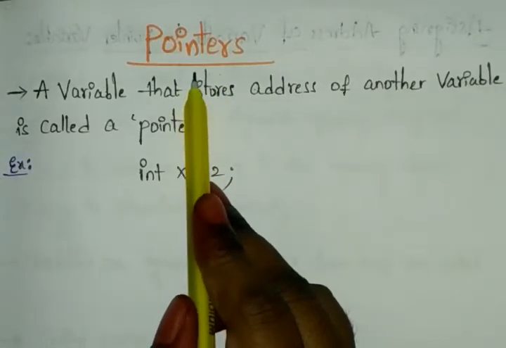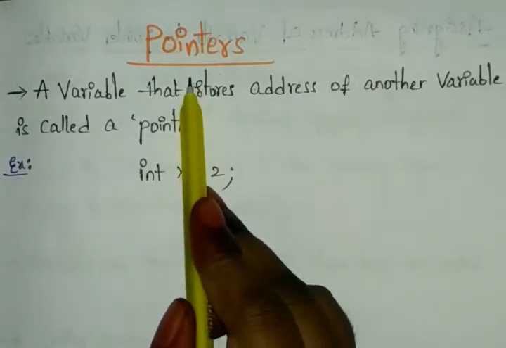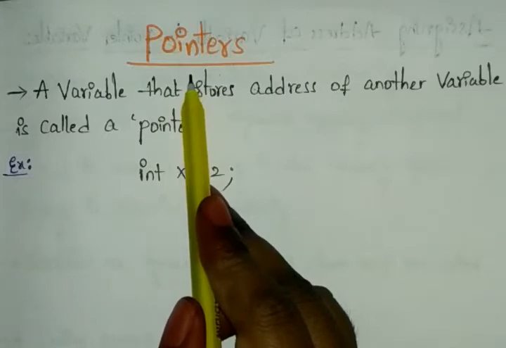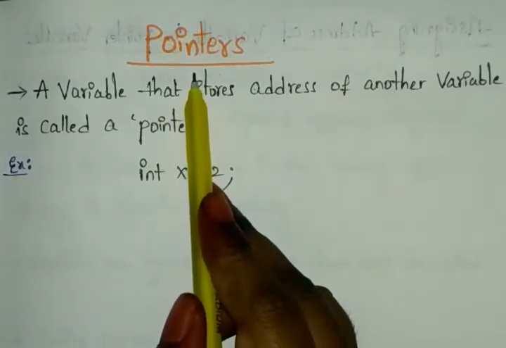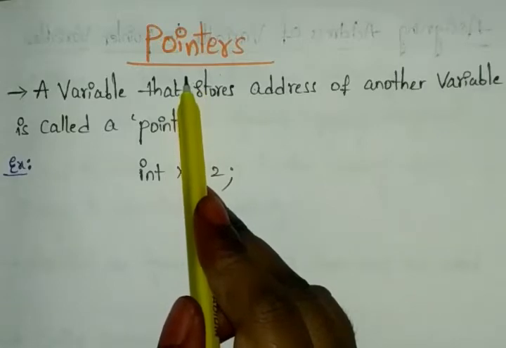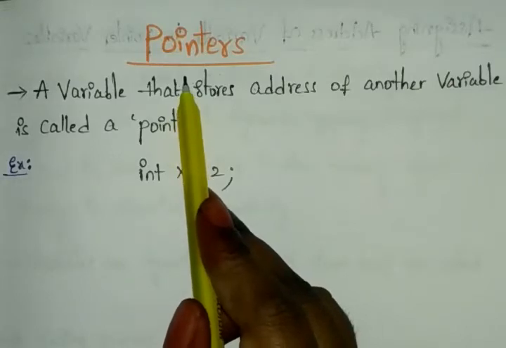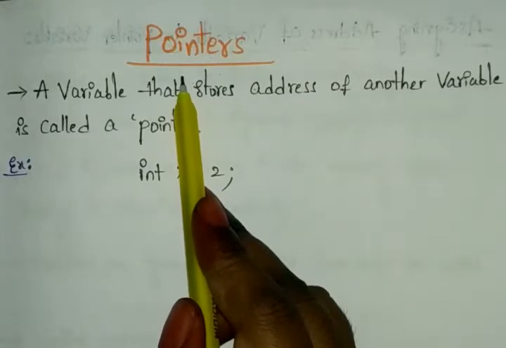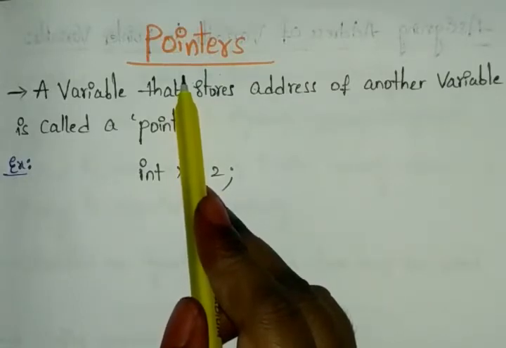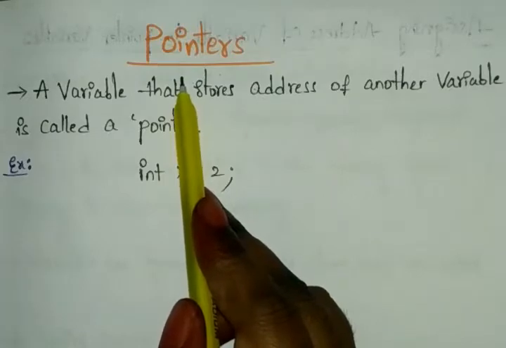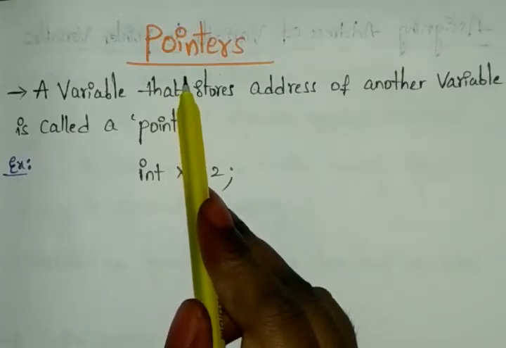Whatever values you define in the program will have some memory addresses. By that, you can easily identify your value in the program, and these memory addresses correspond to locations in our computer memory. So here is how we find the memory address for a value: by using the locations, we find the memory address of that value.